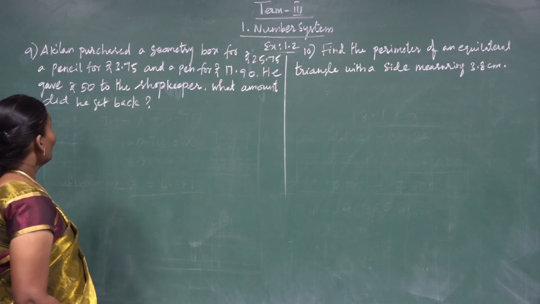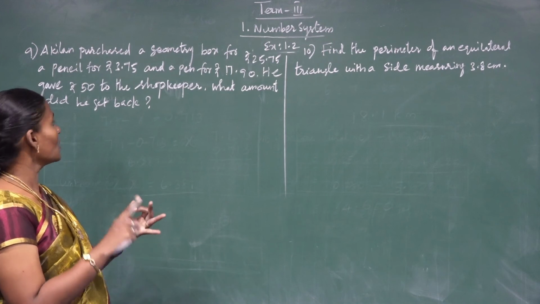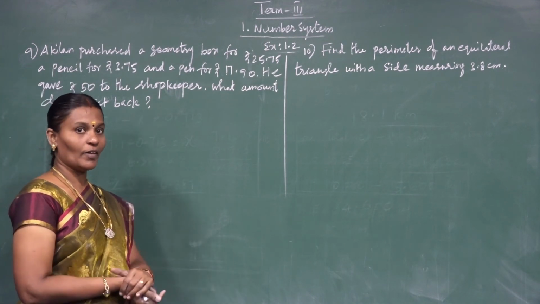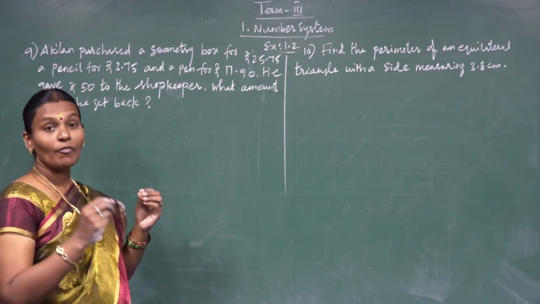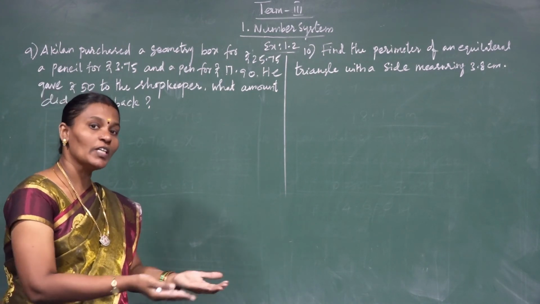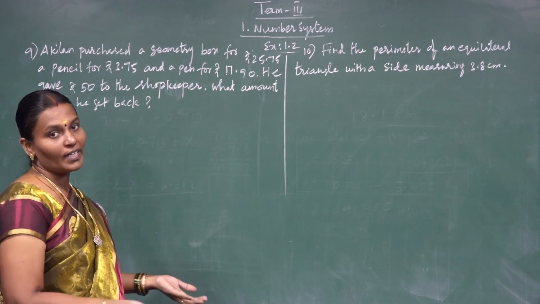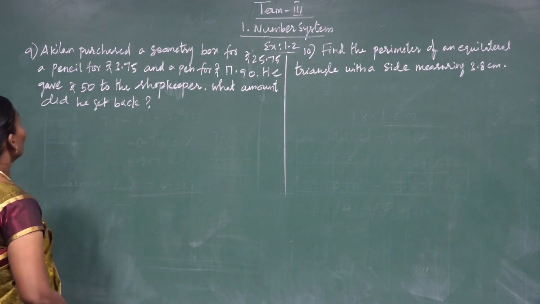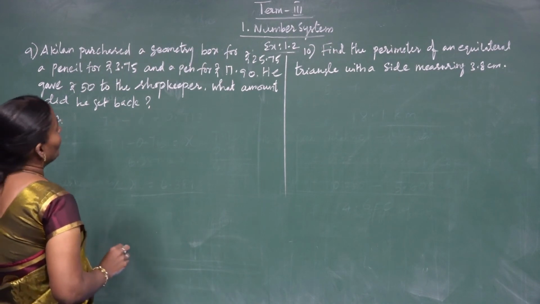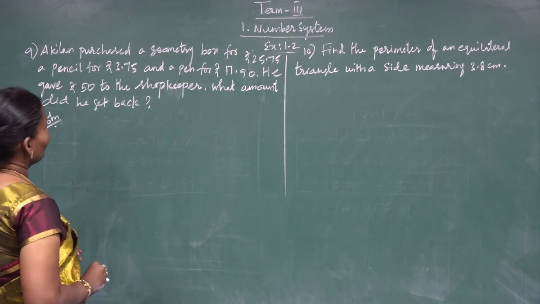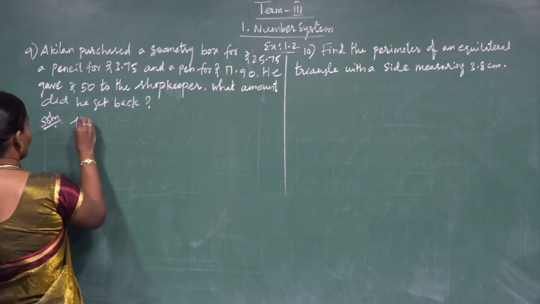So here Agilan purchased 3 items: a geometry box, a pencil and a pen. So he gave the shopkeeper 50 rupees. So how much did he get back? That is the question. How do you find out that? First you find out the purchased amount. So the total purchased amount is